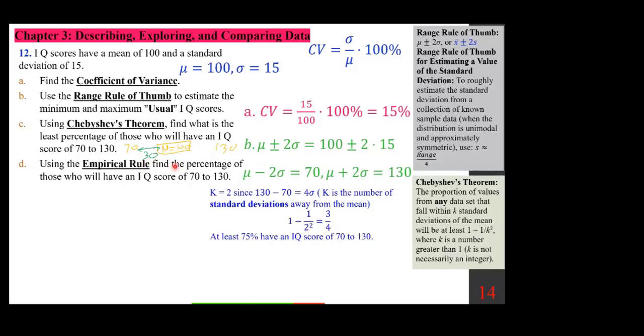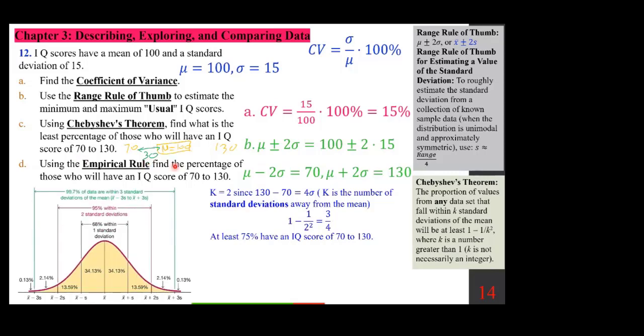The next thing is about the empirical rule. The empirical rule deals with a normal distribution, bell shape. So if you start from the mean and you go one standard deviation on each side, it covers about 68% of the data. More precisely, 68.26, but roughly about 68%. If you go two standard deviations away, it covers about 95% of the data. And if we go three standard deviations away on each side, it covers almost everything,